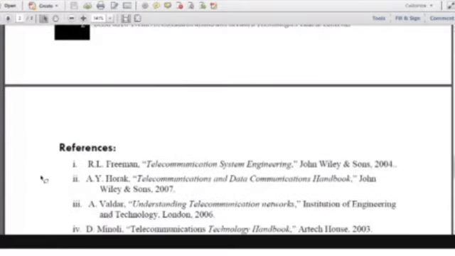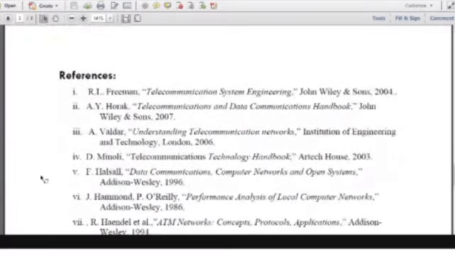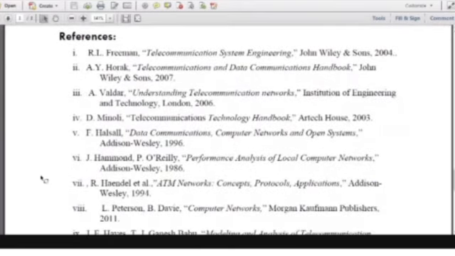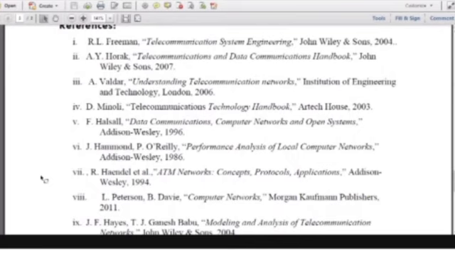There are references, as usual. I have references listed down. But my usual advice is that you should not be fixated on this list of books. Rather, you need to have your own choice of books, since we are going to jump here and there when we discuss different technologies. You should be in line with the topics instead, and then try to elaborate your understanding of those topics. Since everything cannot be found in one book, it is useless to read only one book to have some knowledge about trends in communications and network technologies.